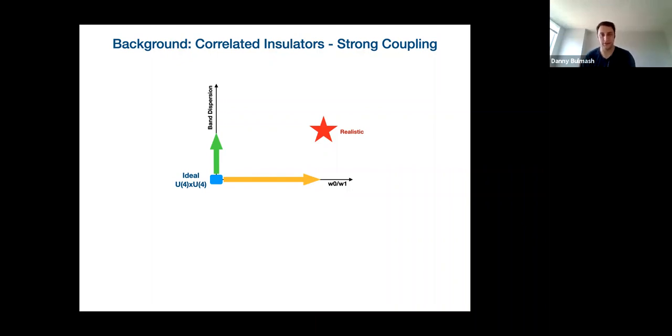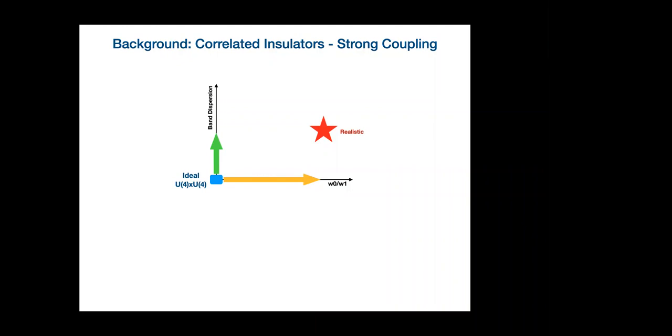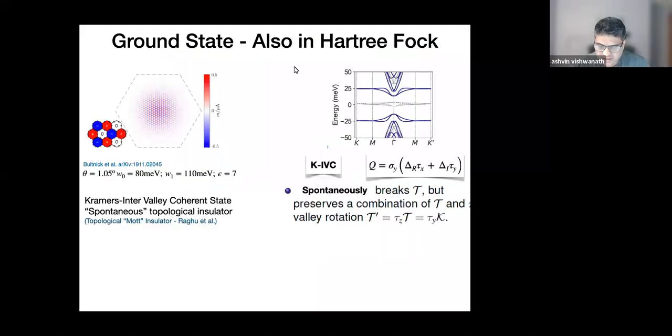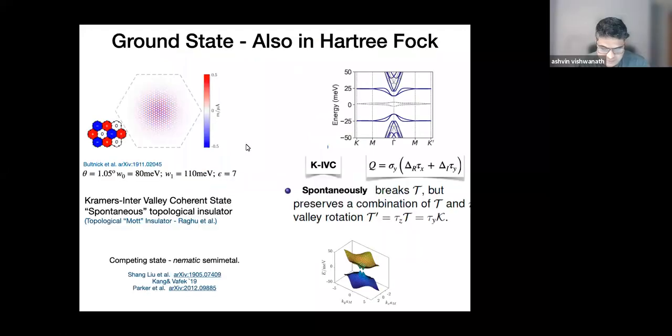I get the point. So it can be actually systematically investigated if we have some idea about the symmetry of the strain. And usually there is some symmetry in the strain. That's what you're saying. Okay. Yeah. So in fact, that was done in this paper by Parker et al. They showed that very tiny amounts of strain within DMRG, a few percent, the kind of strain you cannot rule out, and you see in some of the STM experiments, that kind of strain can switch you between the KIVC and the nematic semimetal.